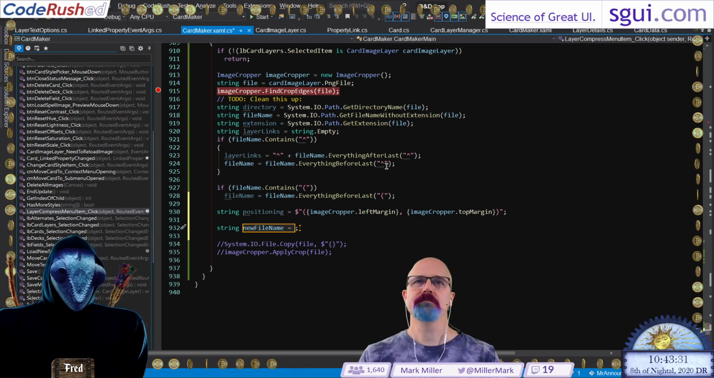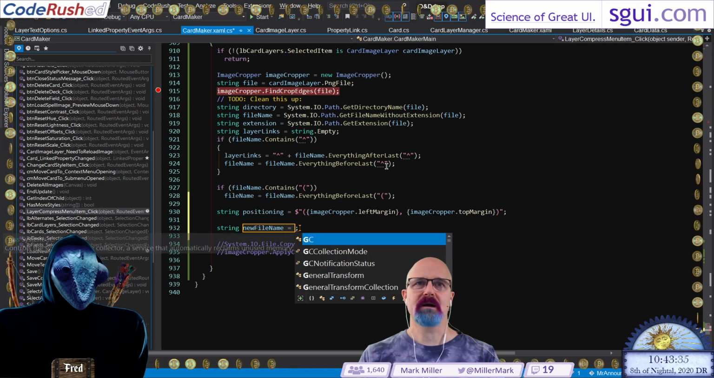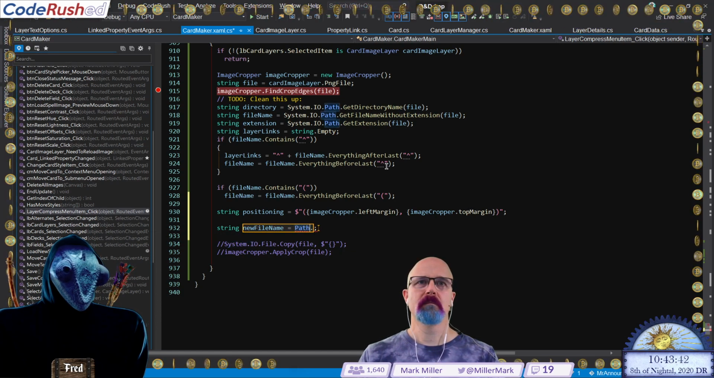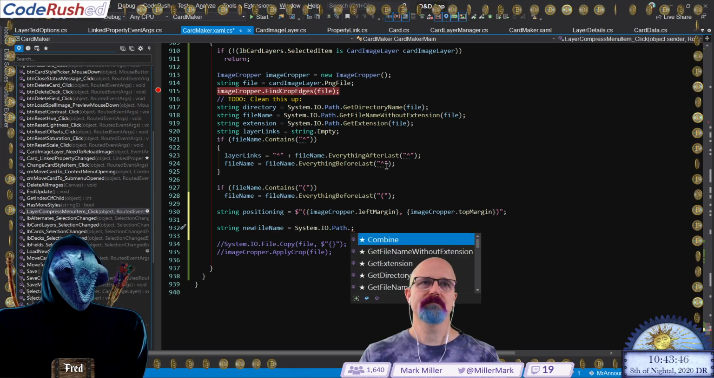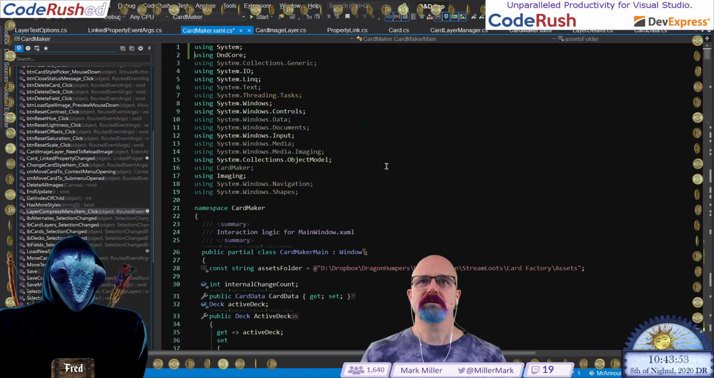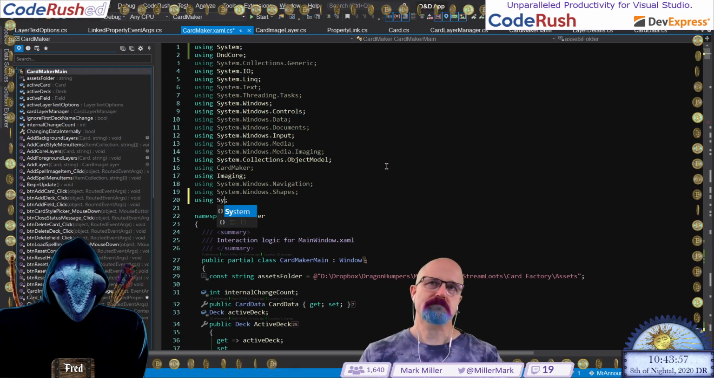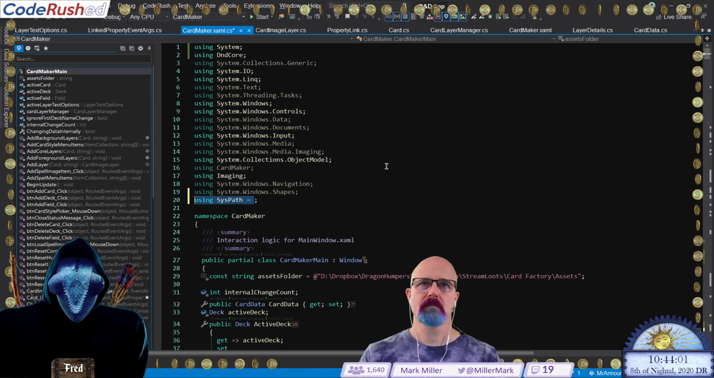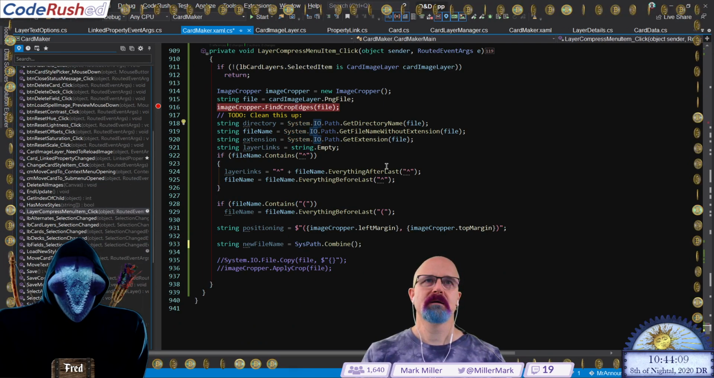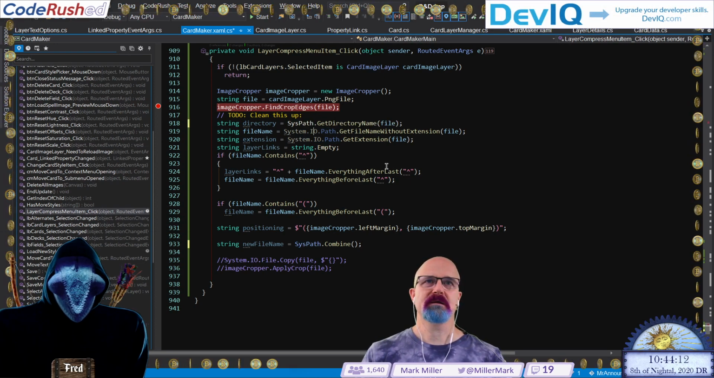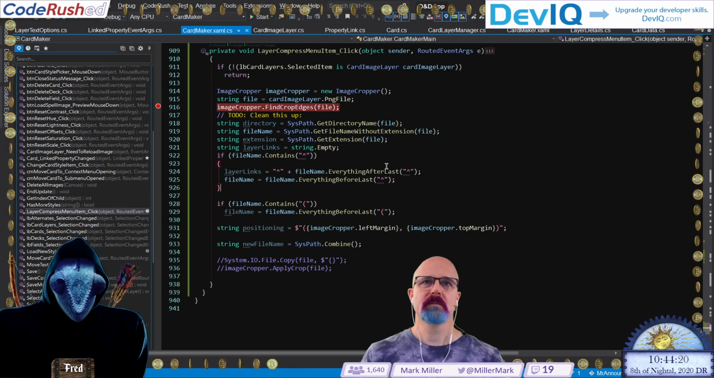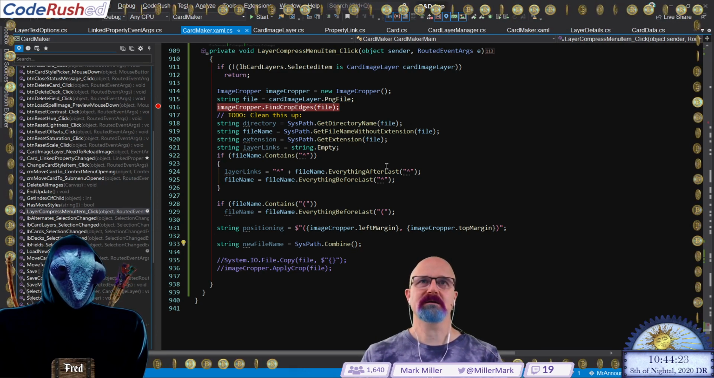Then my new file name is going to be equal to, let's do this, path.combine. And here, by the way, I can create that using alias up here. Like that. So we can use syspath down there, syspath here, here, there. Okay, so new file name is syspath.combine directory